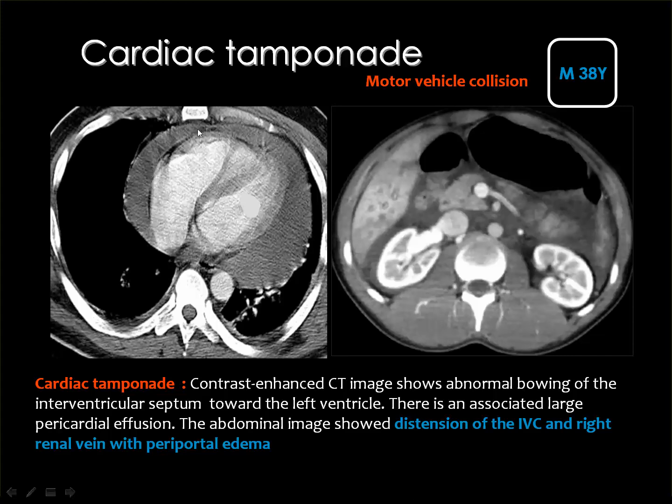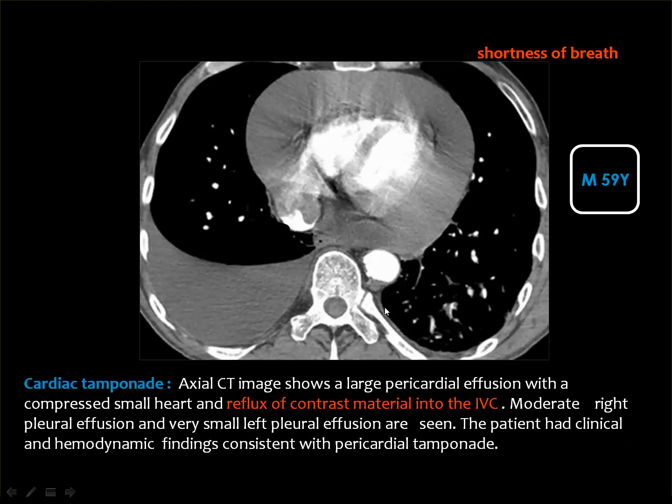In this case, you see a big amount of fluid within the pericardium, and you see the sign of kinking of the interventricular septum. Also, you see the distension of the IVC, which is 2 or 3 times the caliber of the adjacent aorta, distension of the right renal vein, and the periportal edema as hypodense halos around the portal venous tracts. And this is what we call the contrast level in the aorta. And also you get a massive pericardial collection, and simultaneous opacification of the IVC and the aorta in the